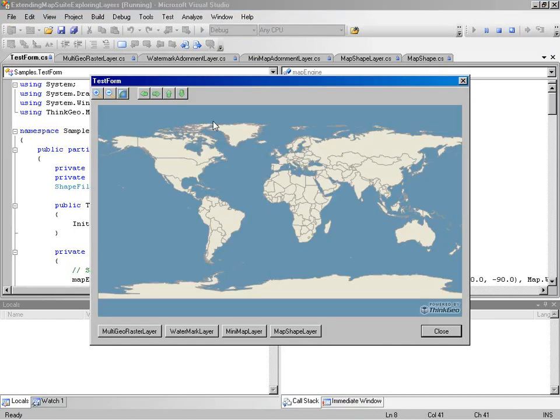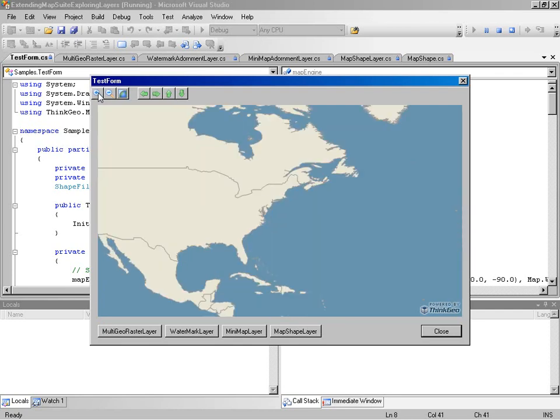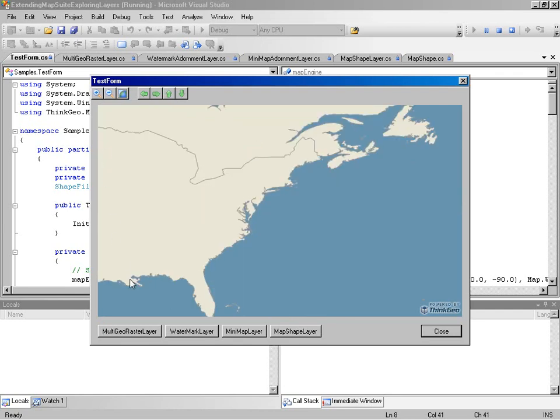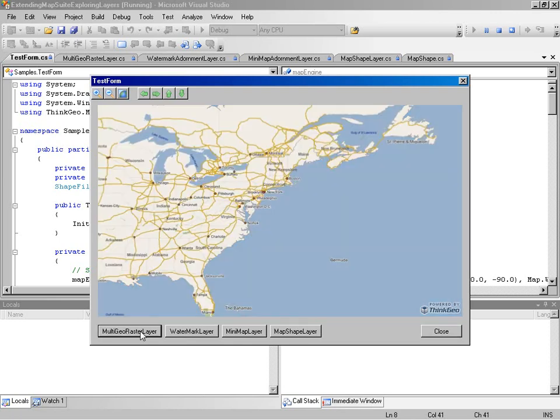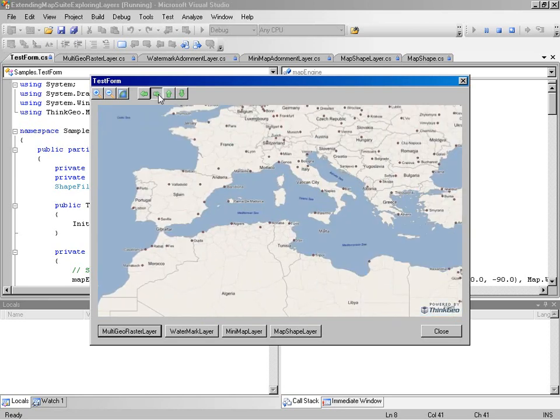All right. So the first one we're going to look at is the MultiGeo Raster Layer, and what we've done is we've created a whole bunch of tiles, actually I think 106 tiles or so, off of our world map kit. And what we're going to do is go ahead and get to a zoom level where it looks good, and we're going to display that. And actually, even just within this particular area, there's probably 5 or 6 different tiles that are being loaded, and we can pan around